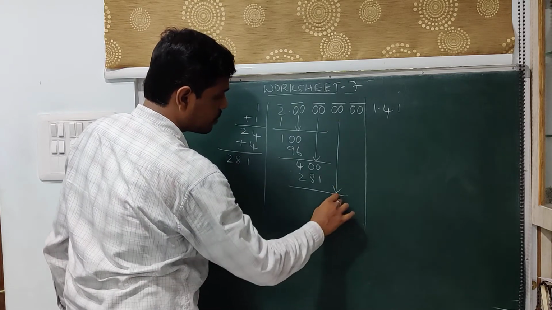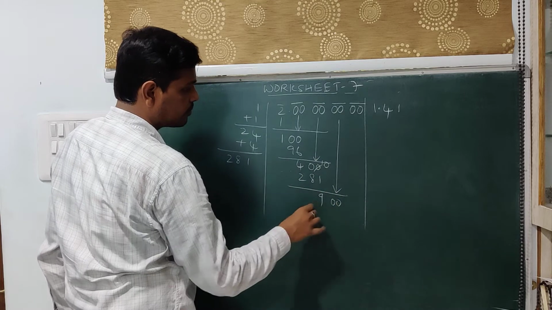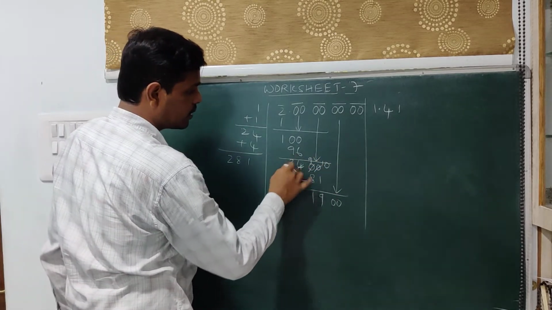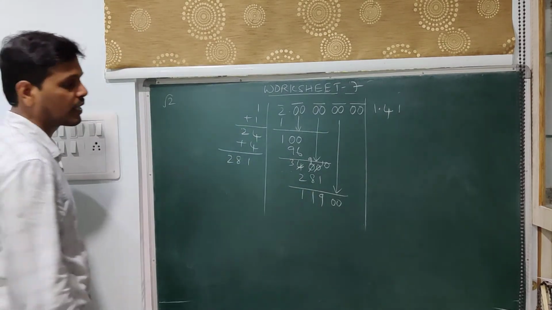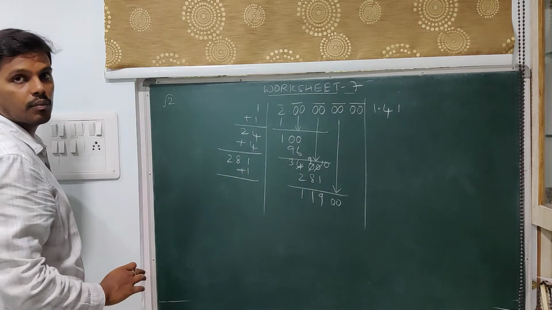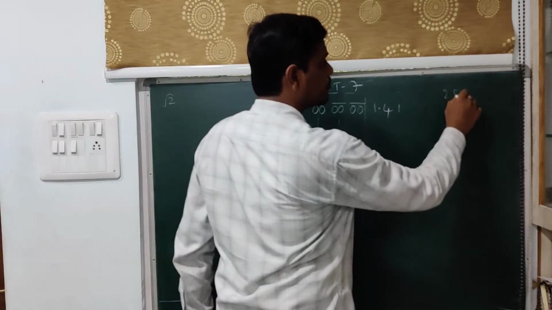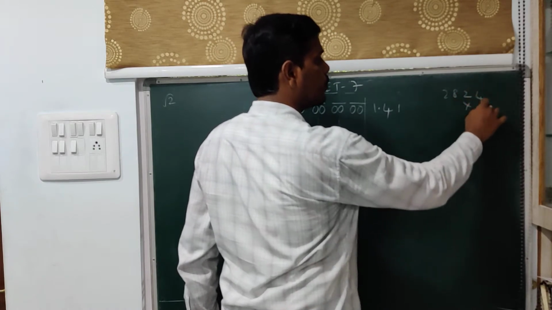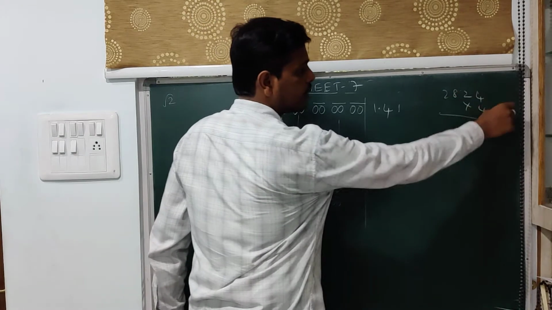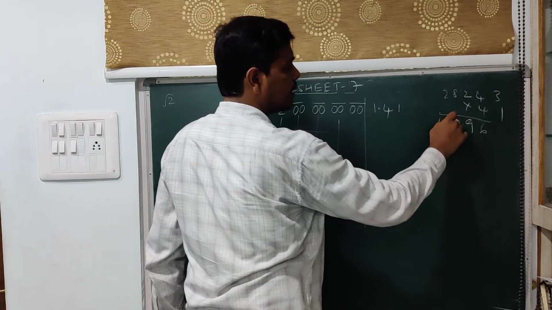Again, you carry a pair of zeros and subtract this. 10 minus 1 is 9. 9 minus 8 is 1. And 3 minus 2 is 1. So you have written 1 here, add upon 1. So 281 plus 1 is 282. Now I will go with some 4. If I take 4 here, 4 4s are 16, 1, 4 2s are 8, plus 1 is 9, 4 8s are 32, 2, 3, 4 2s are 8, 9, 10, 11.